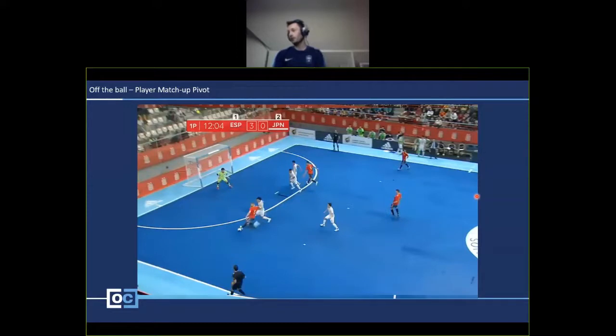So the point I'm trying to make here is, if you've got a good matchup and you're doing well in that game as a pivot, try and use it a lot more. You'll see in games that one player is marking you well. If he's marking you well and you want to get on the ball, maybe try switching into a different position, get a different player to mark you. As a coach, could you match that player up in a different way so that you have your strongest pivot against their weakest backman, or your fastest pivot against their slowest backman? Try and make an advantage that way. I think it's a bit pointless to try and do something which isn't working.